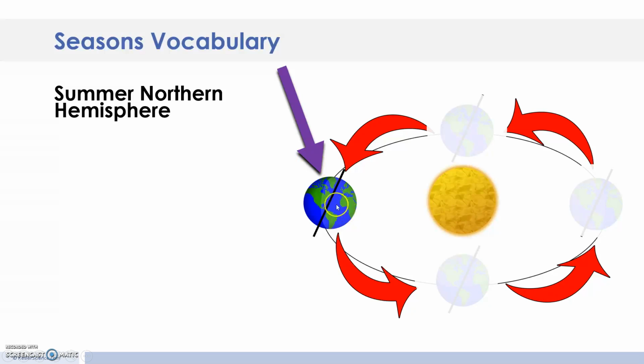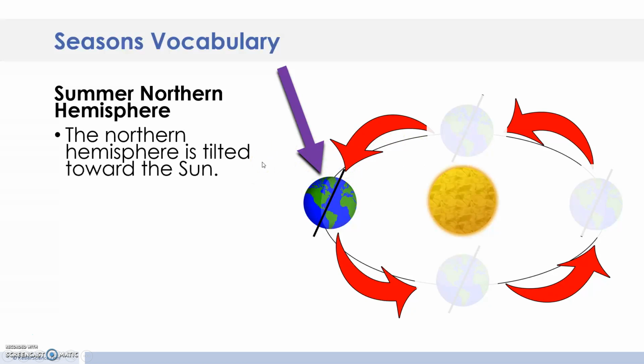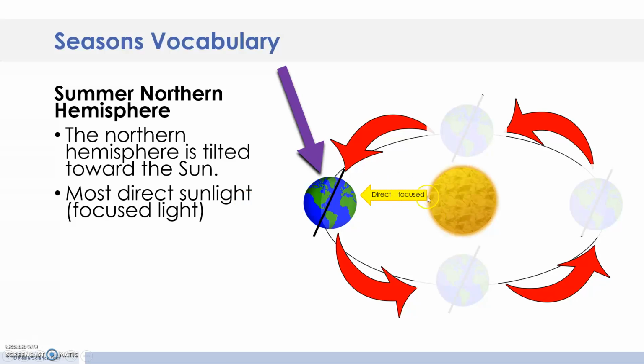So we live in the northern hemisphere, right about here. So when there is summer in the northern hemisphere, this is the position that we're in. The northern hemisphere, so this top half of the Earth, is tilted towards the sun. You see our axis here? So we're actually tilted towards the sun. We get more of the direct sunlight at the northern hemisphere. It's more focused. And then the southern hemisphere gets more indirect light from the sun. It's more scattered because it has to travel a lot farther and it has to spread out a lot farther